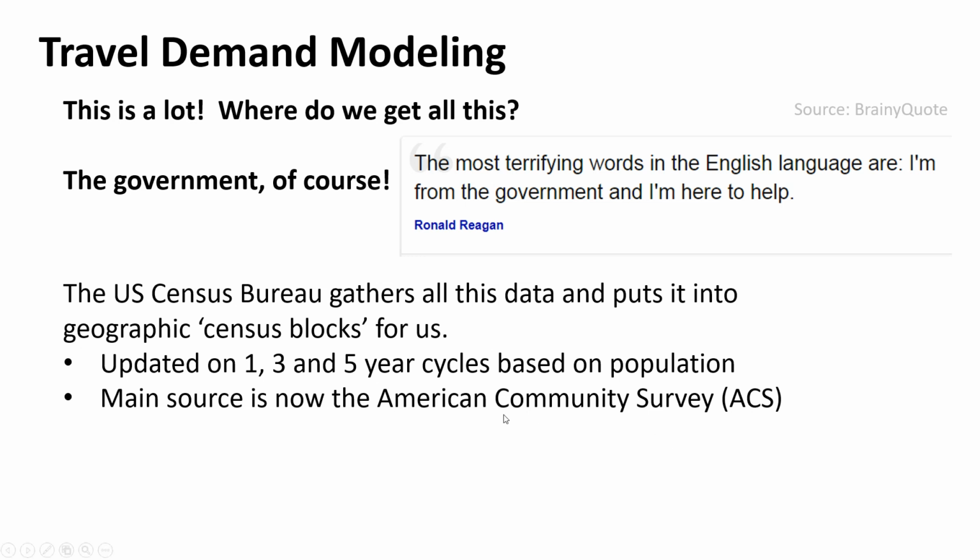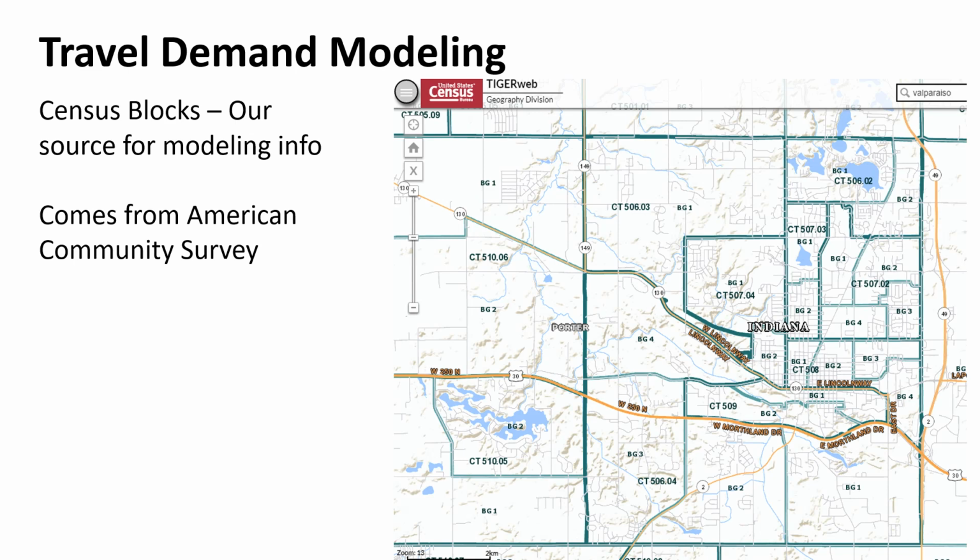And then, like I say, there are some intermediate checks on that the Census Bureau does in between and runs through that. And what they end up with is the census blocks, right? And this is what the census blocks look like around Valparaiso. These are fairly big, but not too bad, right? You could almost break it down and use this as our transportation analysis zones if you wanted to. And you can break the census data into smaller pieces, but this is their standard blocks that you get out of that. And that's where we really get